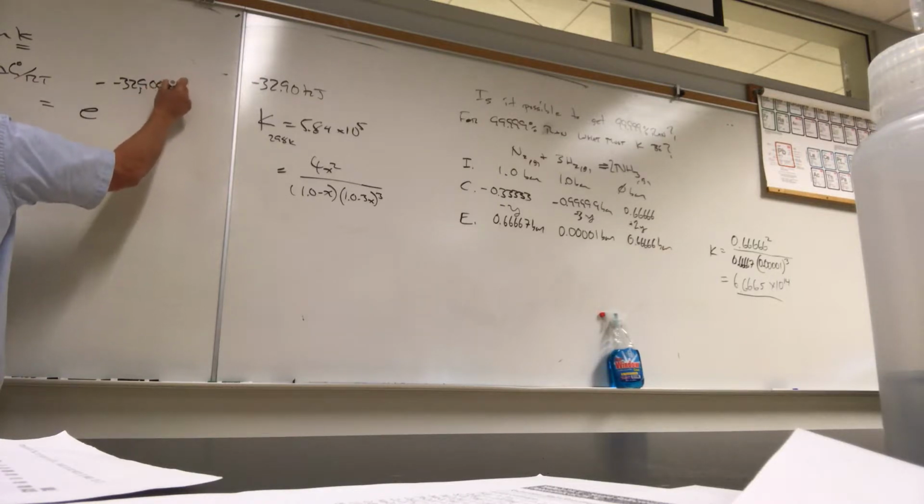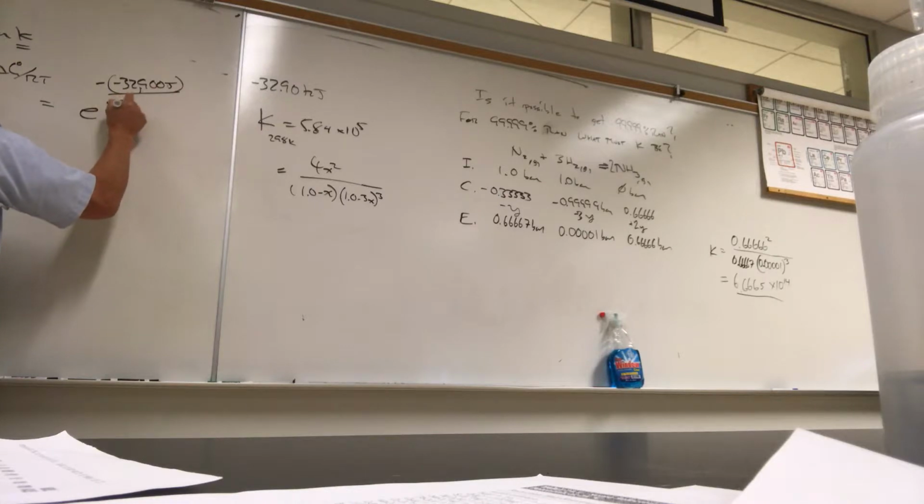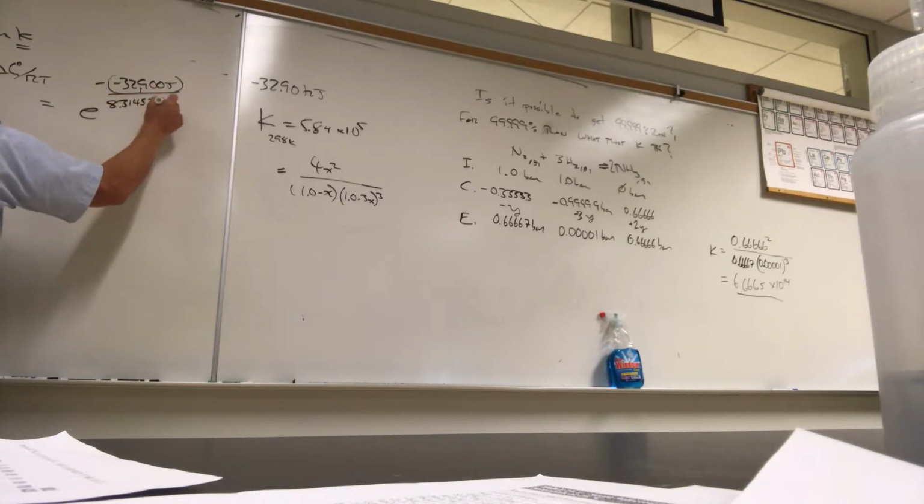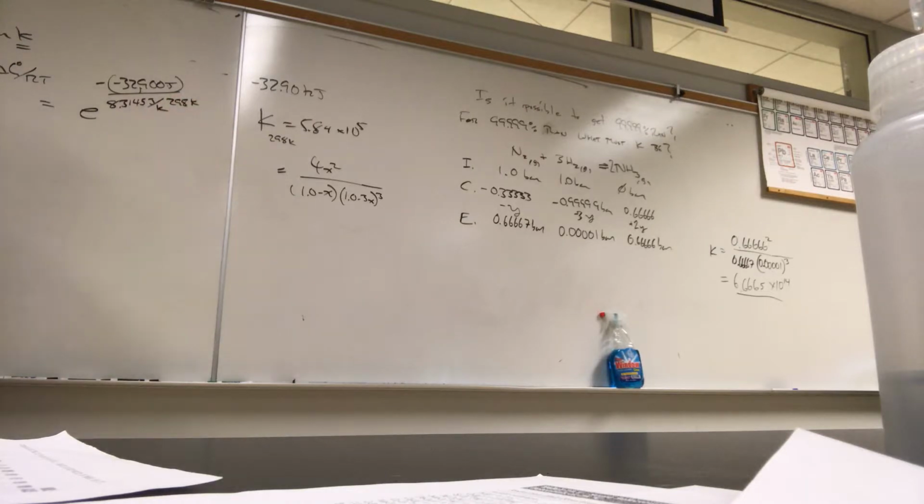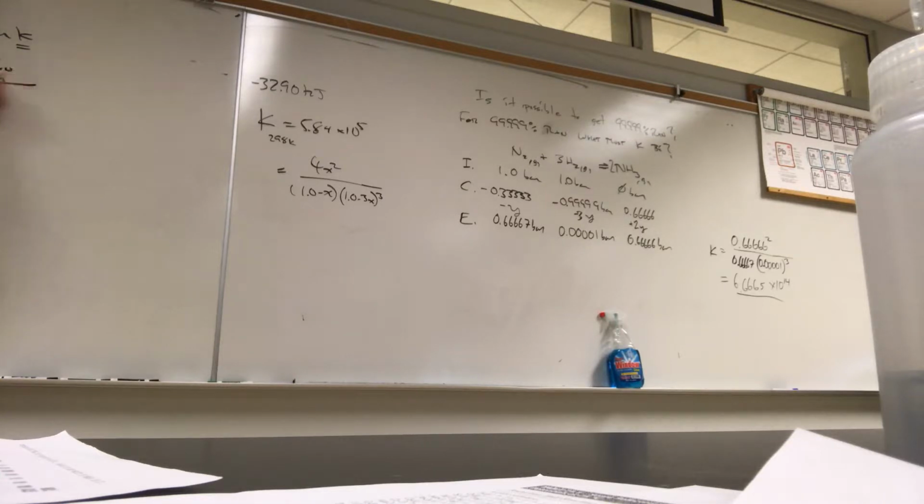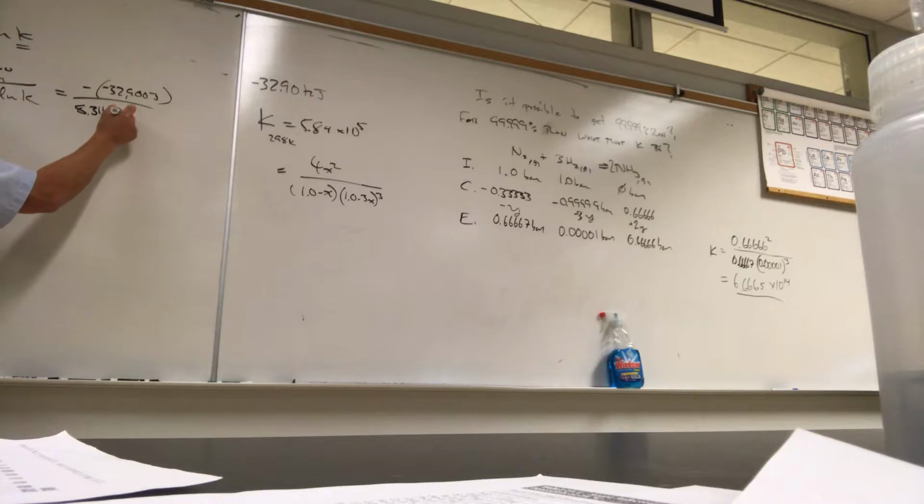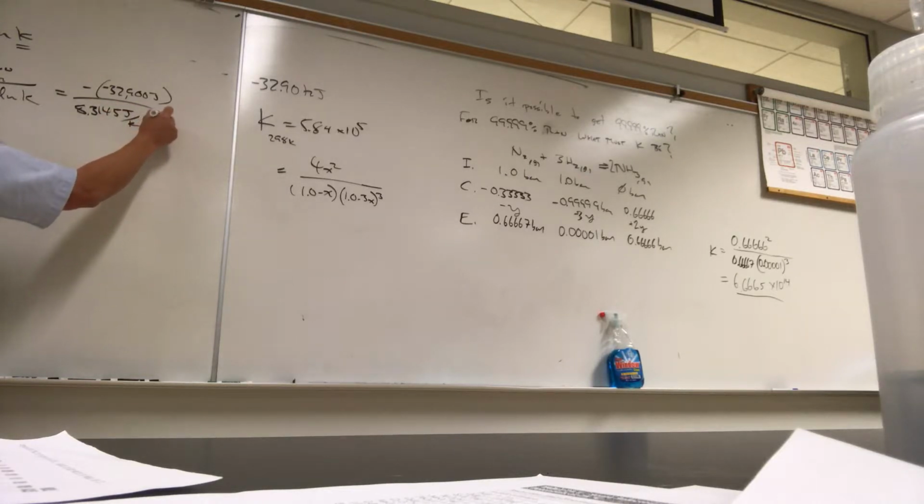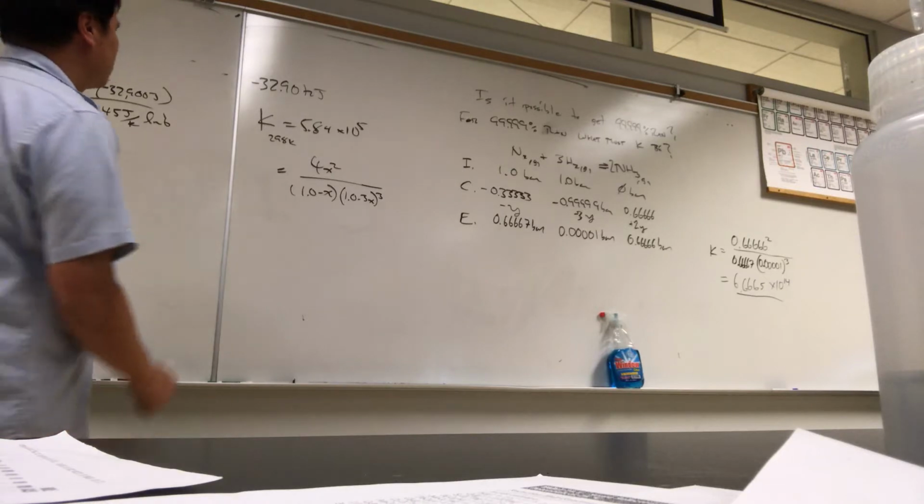32,900 joules divided by 8.3145 joules per Kelvin times 298 Kelvin. Are you trying to find T or K? Oops, I'm trying to find T. Yes, sorry, this is wrong. T is even easier. T is equal to delta G minus delta G naught over R ln of K. So this is going to be a minus 32,900 joules divided by 8.3145 joules per Kelvin, natural log of K,